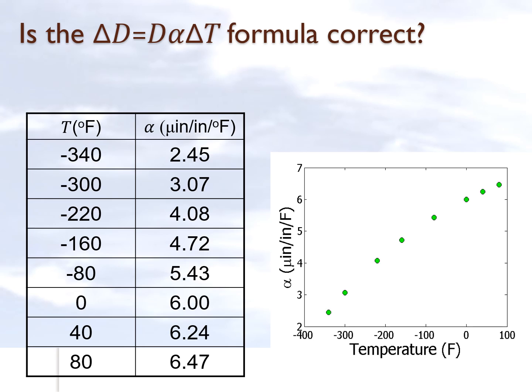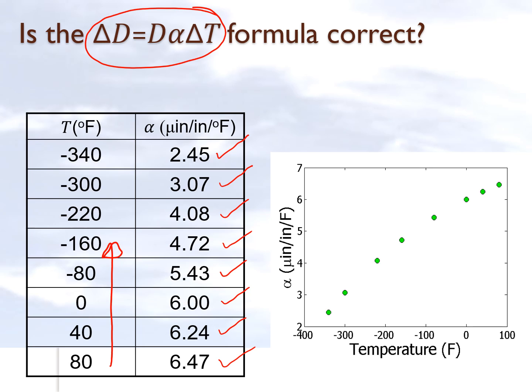The issue here is, is this the correct formula to use in the first place? Delta D is equal to D times alpha times delta T, but you can recognize from literature that alpha, the thermal expansion coefficient, is a function of temperature. And you can see that as the temperature decreases, the thermal expansion coefficient also decreases. So you're not getting the same amount of contraction at every temperature. In fact, as it gets cooler, the amount of contraction you're getting per unit temperature starts becoming smaller. So we have to recognize that, is this really the correct formula to use?